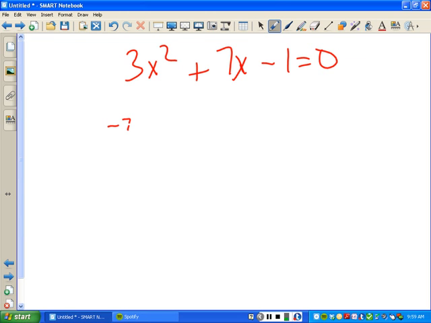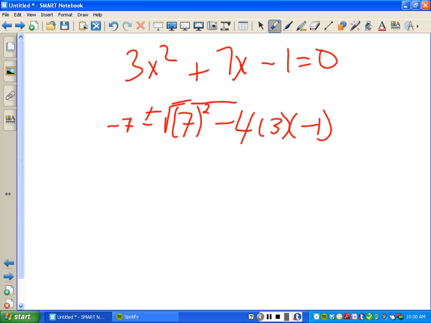Negative 7 plus or minus square root. Then you get negative 7 plus or minus square root of 7 squared minus 4 times 3 and times negative 1. All over 2a, which is